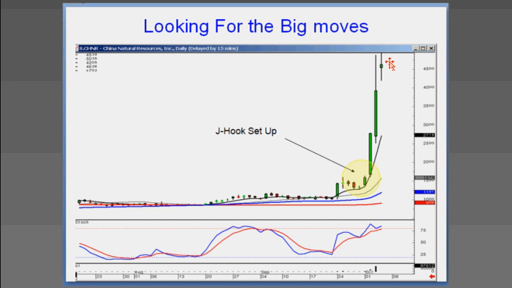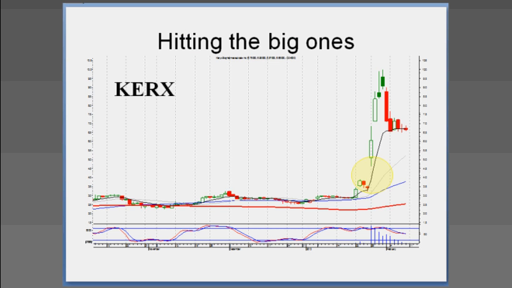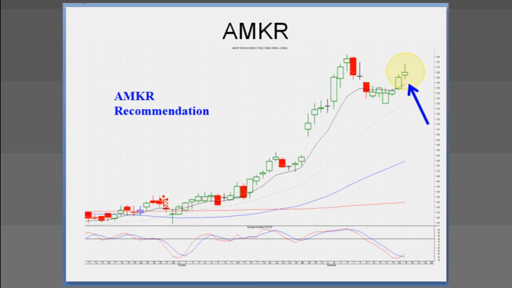Do we always get into positions at 15 and sell 2 days later at 45? Definitely not. But we're always in situations where the probabilities of being in a big price move are in our favor. I know that if I consistently buy charts that have big upside potential based upon the patterns, I don't have to hit very many of those each year to have a huge overall return for the year.